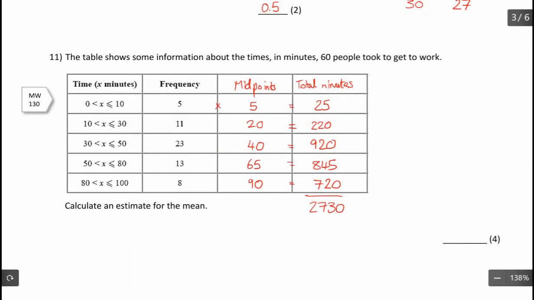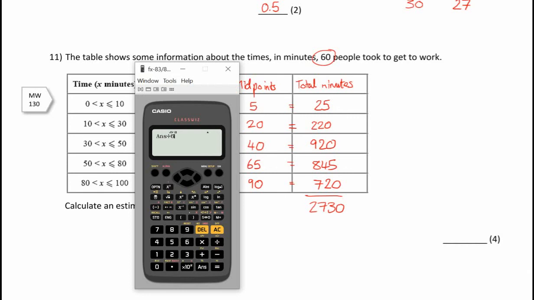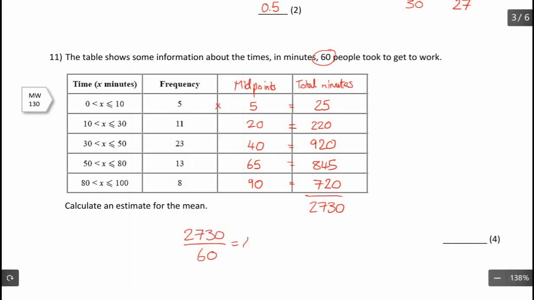Now if I want the mean, I need to divide that by the number of people, and it tells us in the question there are 60 people. So whatever you do, don't divide ever on these questions by the number of rows that there are. Hopefully if you did, you'd spot that you got a number way too big in this case to be an average. If I divide that by 60, I get 45.5